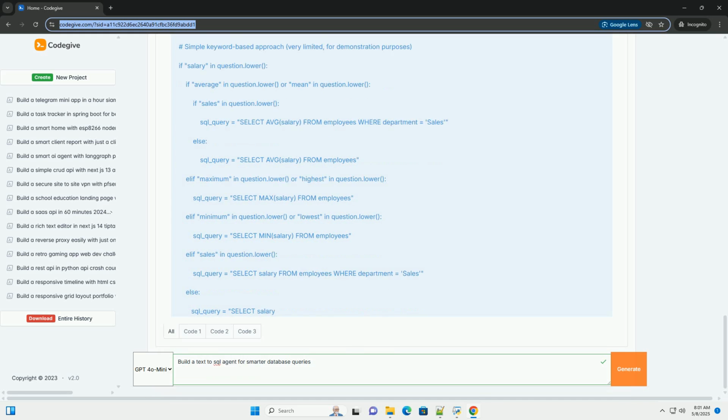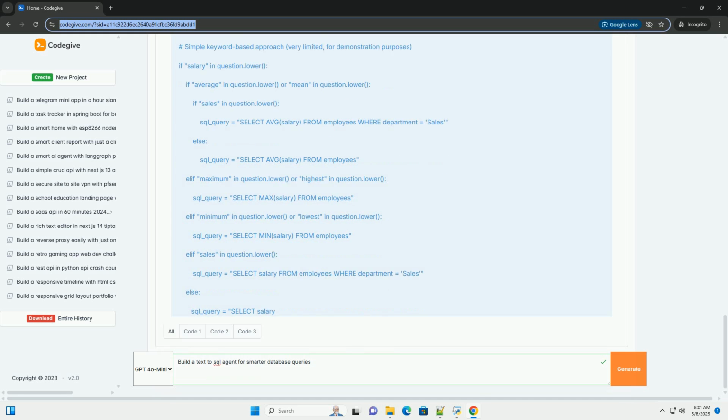4. Code example, a simple text-to-SQL agent using spaCy and SQLite. This example demonstrates a basic text-to-SQL agent using spaCy for NLU and SQLite for database interaction. It's a simplified version, but it illustrates the core concepts. Explanation. 1. Import libraries: imports spaCy, sqlite3. 2. Load spaCy model: loads a pre-trained spaCy model,